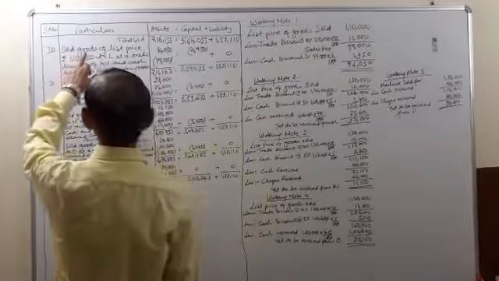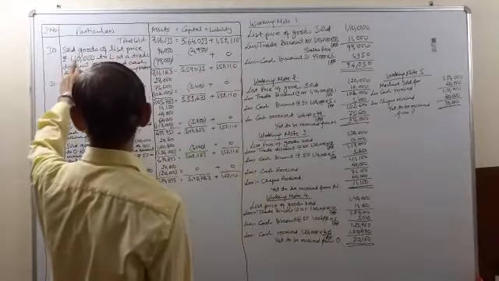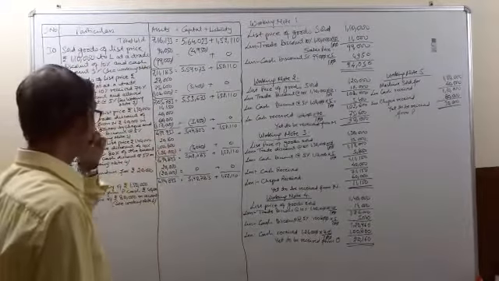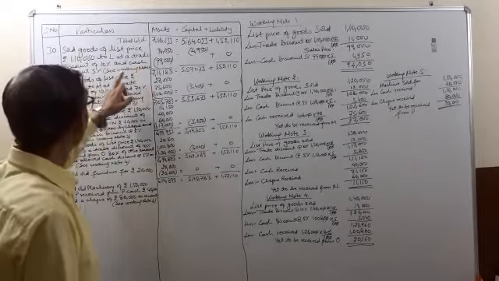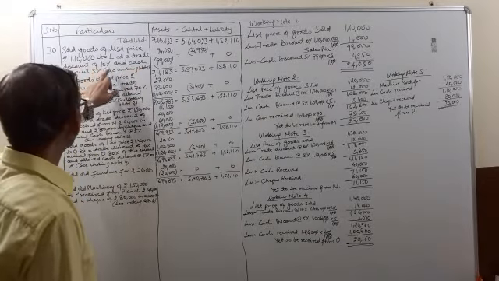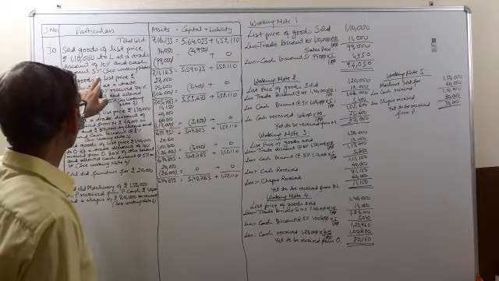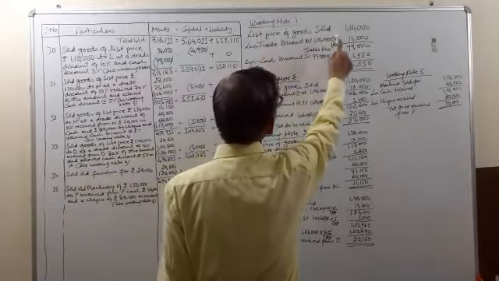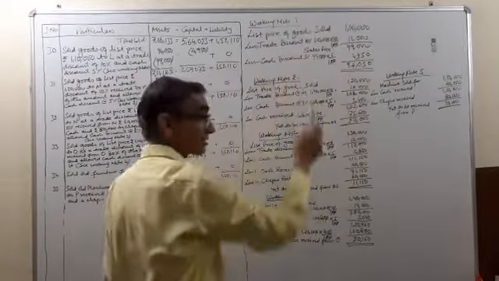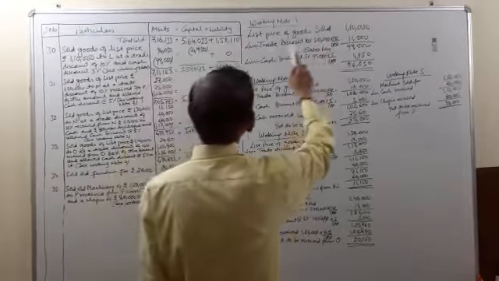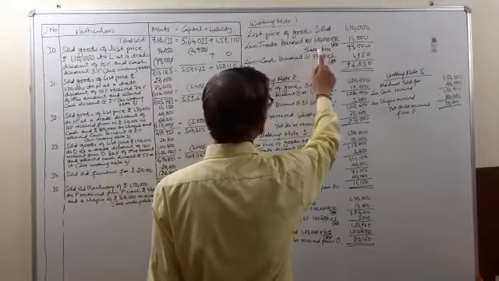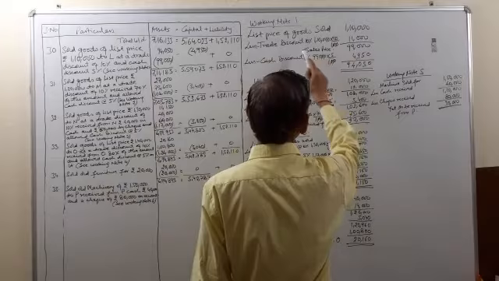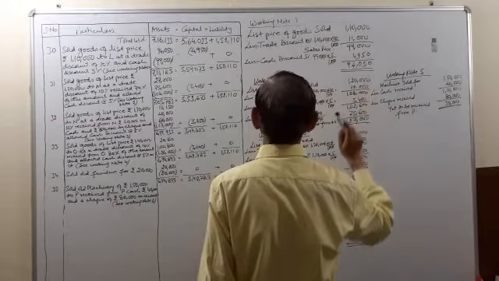So sold goods of list price rupees 1,10,000 to L. L is a person to whom the goods have been sold at a trade discount of 10% and cash discount 5%. See working note 1. So here list price of goods sold was 1,10,000. List price is the catalog price. Then less trade discount 10%. So 10% of 1,10,000 is 11,000. Therefore the sales price comes to 99,000.